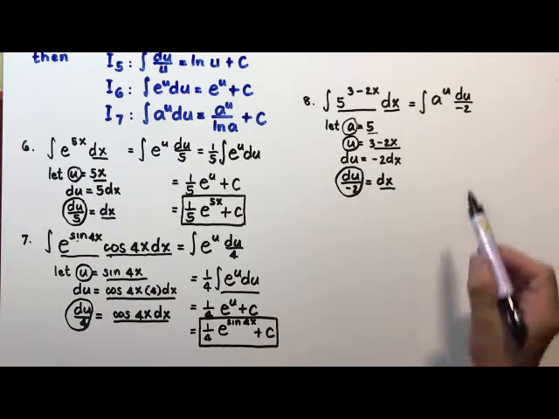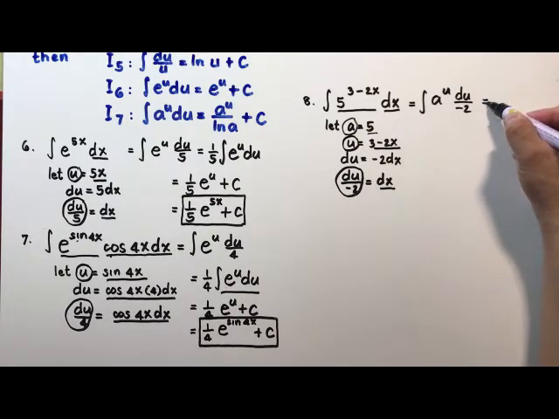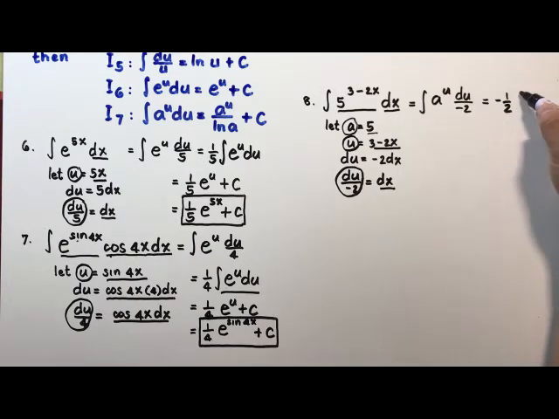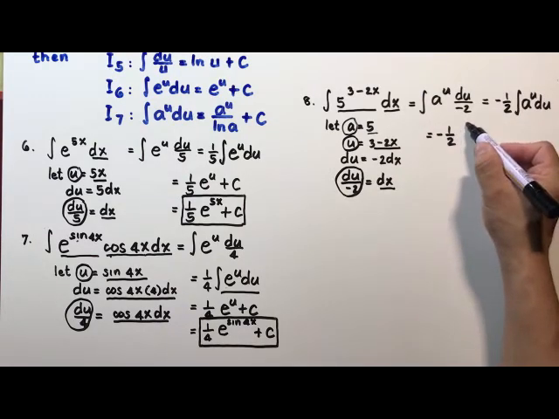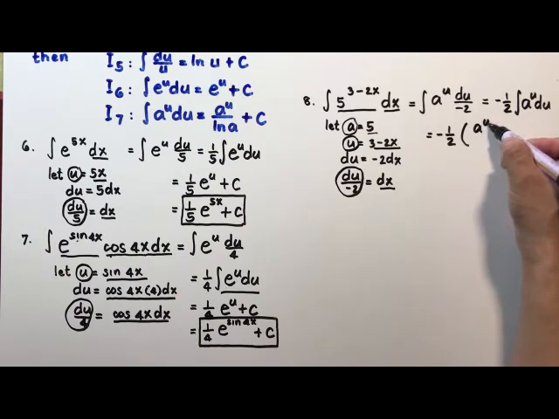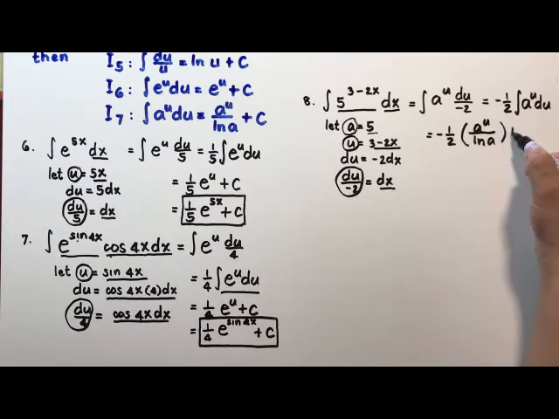And you see that there is a constant in the denominator of du. So we'll apply formula number 2 in the previous video of integral calculus, that this can be factored as negative 1/2 times the integral of a to the power u du here. And you see that we can apply this formula number 7, that is equal to a to the power of u over the natural log of a plus c.